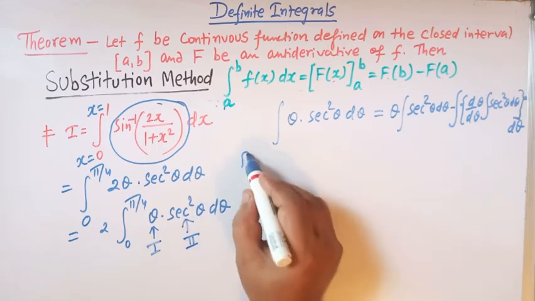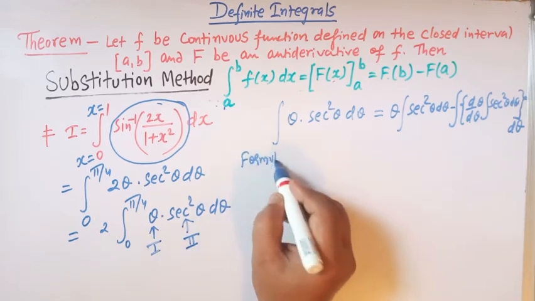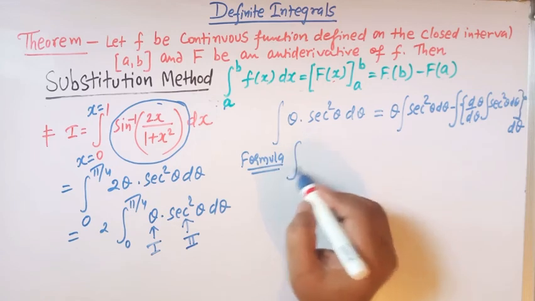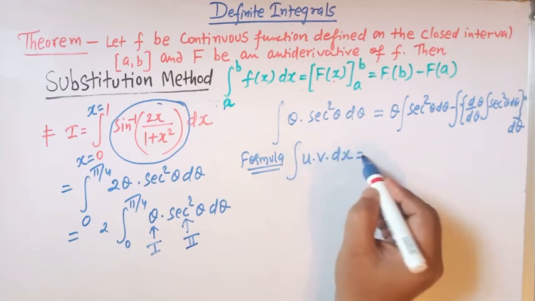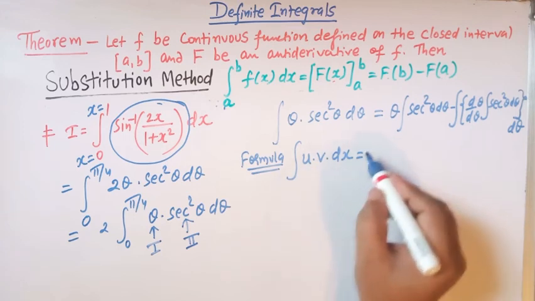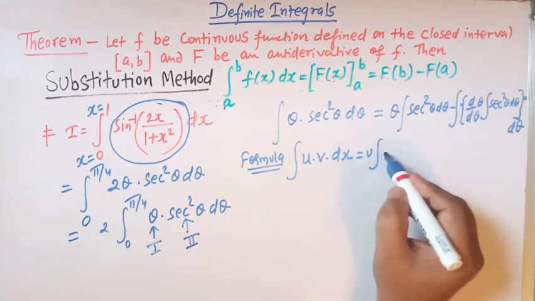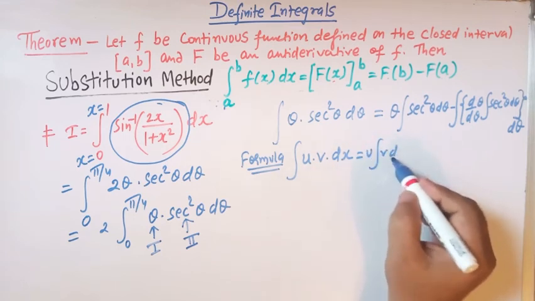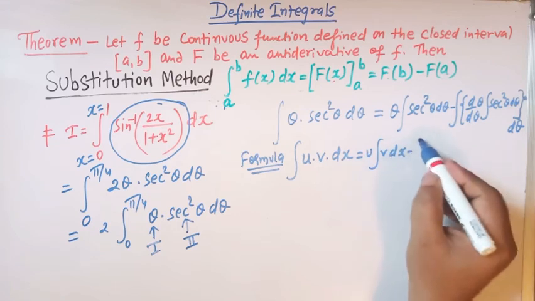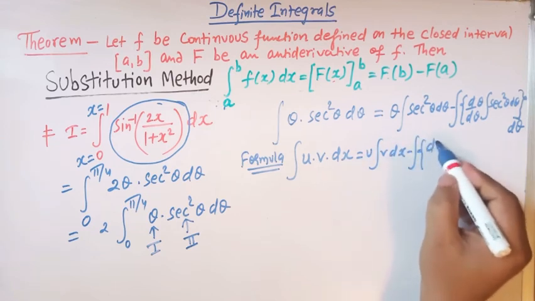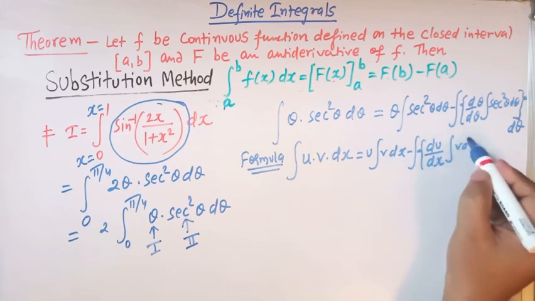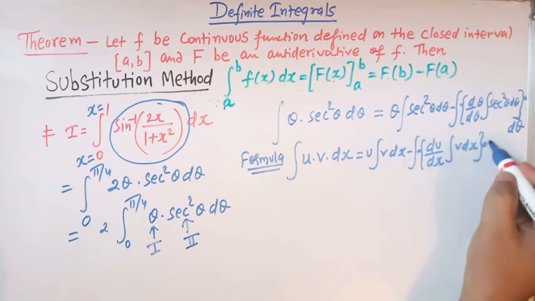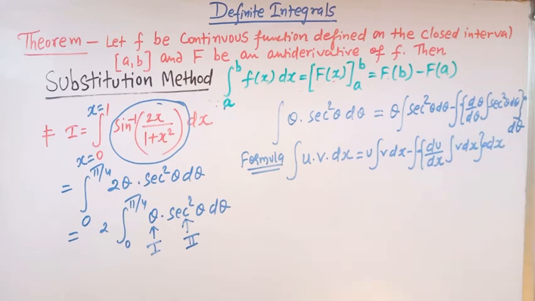The formula for integration by parts is: if u and v are two functions of x, and u is the first function, then we have u times the integral of v, minus the integral of the derivative of u times the integral of v, dx, right? Okay,